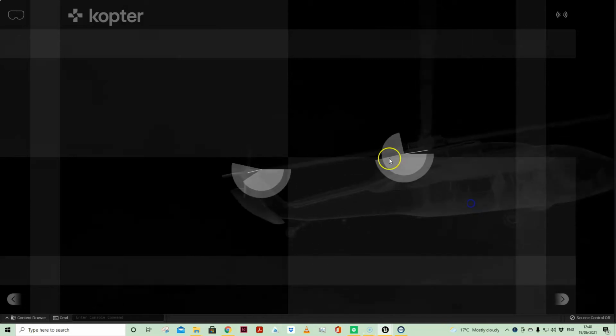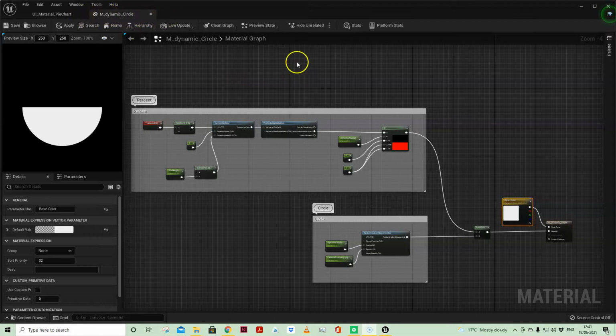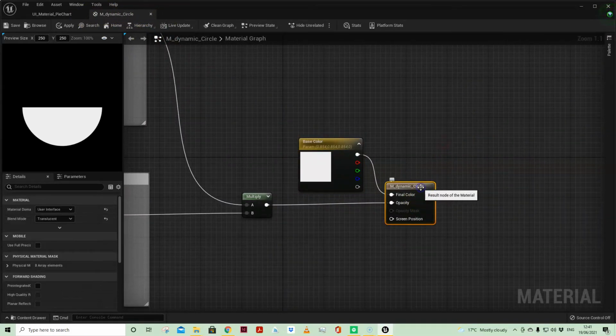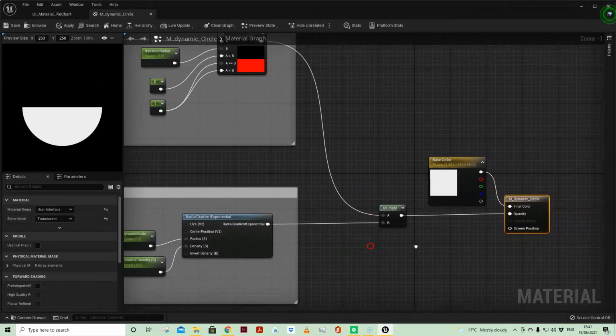Let's have a look at our child widget material here, which is being applied to the image. I've just got two on top of each other here, but let's look at the kind of single segment material. So my material dynamic circle, because I'm using it in a widget, it is part of the material domain user interface and translucent because we are getting rid of the black in our opacity so that it appears just to